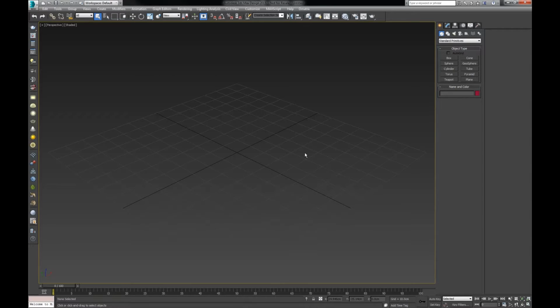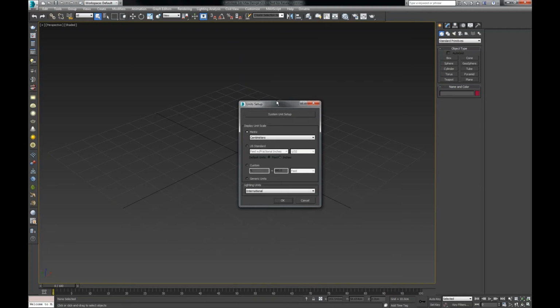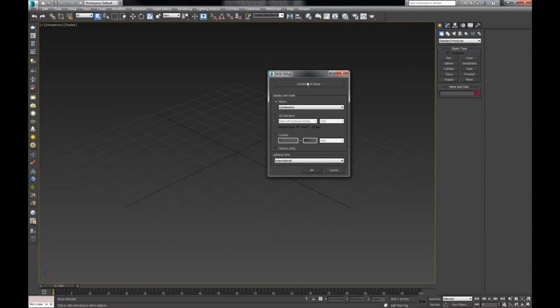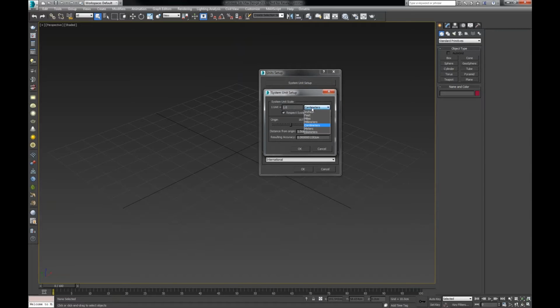If I open 3ds Max, that is usually done in Customize, Unit Setup, and I'm presented with this window. If I click System Unit Setup, here I can set the units that Max will be using. I always set one unit to be equal to 1 centimeter,